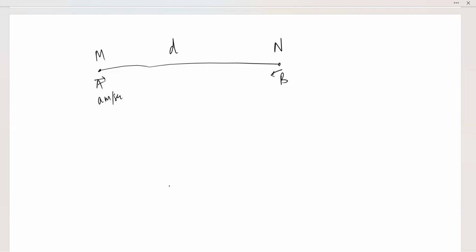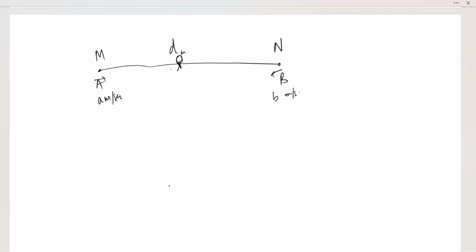Assume that the distance is also in meters. D meters का distance है, and B travels at a speed of B meter per second. Now let's say after some time they meet at point here, which is O,